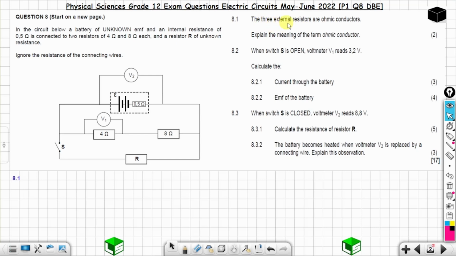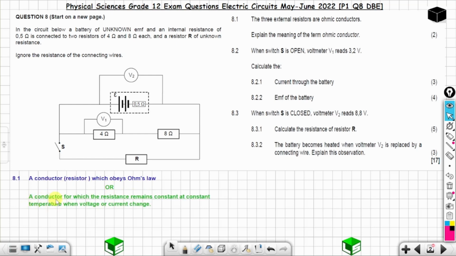the three external resistors are ohmic conductors. Okay, this one and this one and this one. Explain the meaning of the term ohmic conductor. 2 marks. Okay, an ohmic conductor is a conductor or a resistor which obeys Ohm's law, or you can say